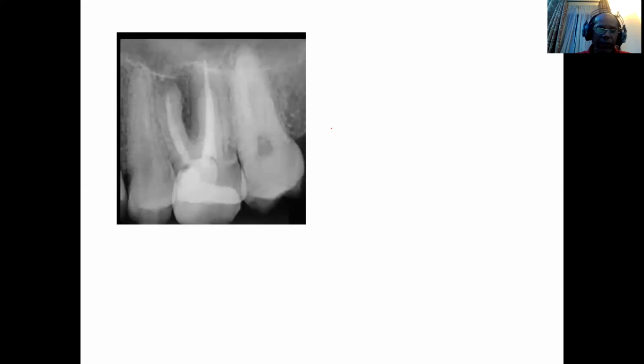For example, here you can see a case which is again a failed root canal, and in the mesobuccal root there is a radiolucency and some external root resorption. It failed even though the root canal is filled. And what could be the cause? The conventional radiograph is not so helpful in detecting an additional, missing or extra canal.